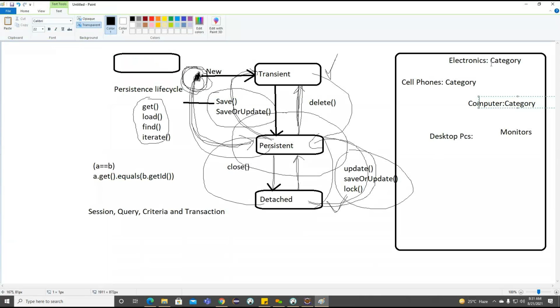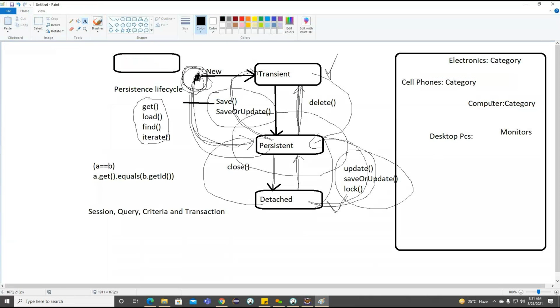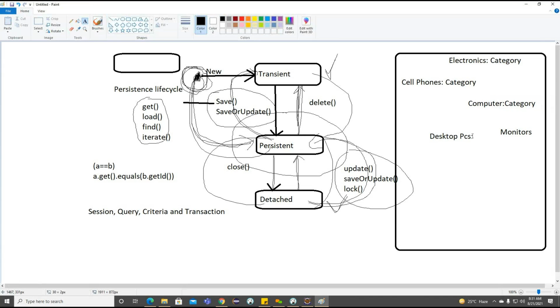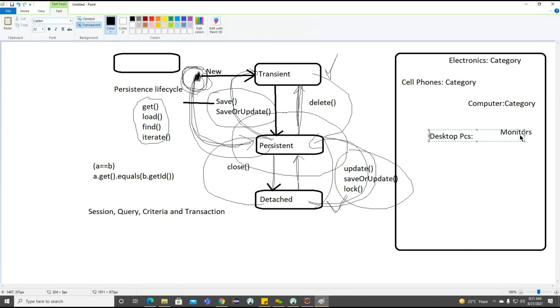Now you can see the diagram here, parent category electronics, and we are having 2 children. And for this particular computer, again we are having 2 children here. How can we insert these 2 records here?